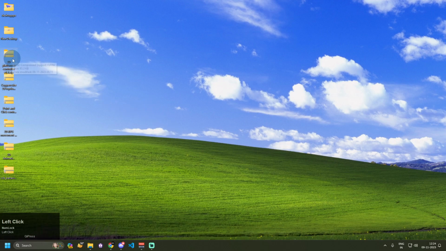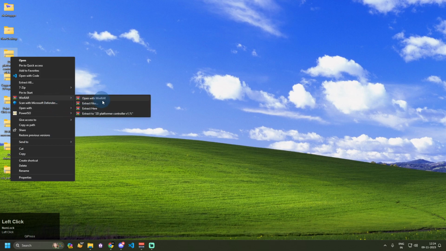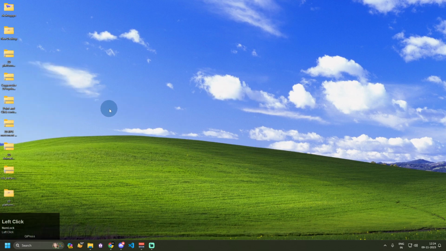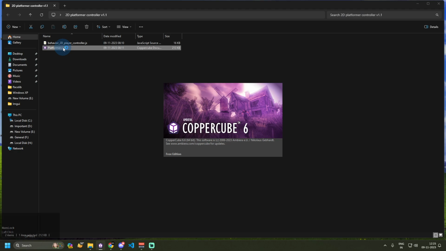And so we have the first controller named the 2D platformer controller, and I'm going to extract it on my desktop. Today I have updated this extension as well, because there was a bug in the previous version which was addressed by Vegan Pete, also known as VP in the MBRF forums, that the falling animation was not playing correctly when you hold down the spacebar key for jump and double jump. So let's just start this platformer.ccb file,